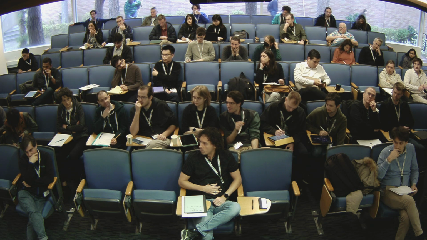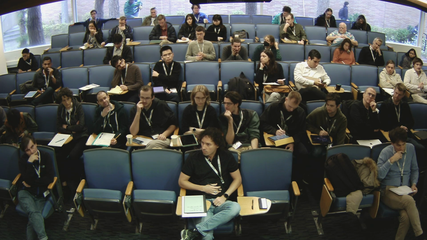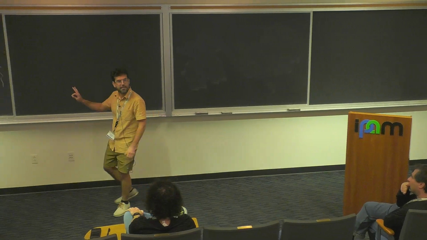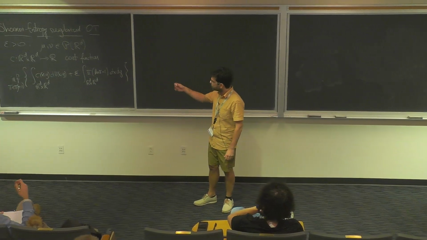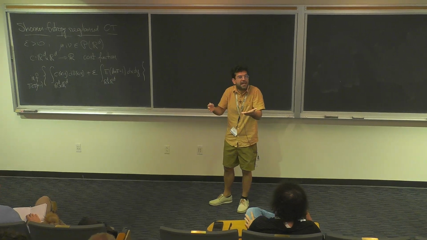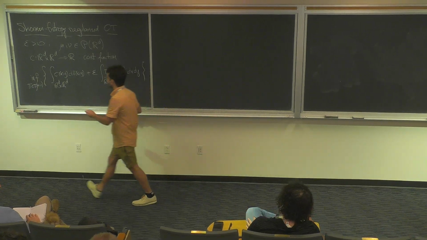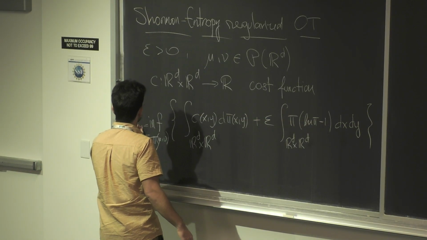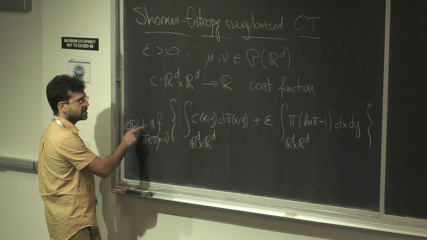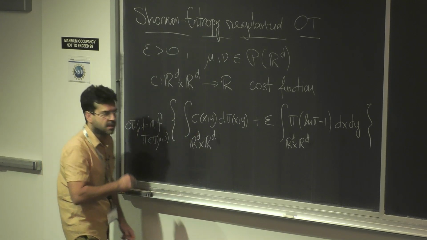So the idea is, let me repeat what you said. When epsilon equals 0, this is precisely a linear programming problem. So when epsilon is small, mathematically, let me try to state this, since we are getting to this. I have this problem here, OT epsilon. So I'm minimizing over pi, and this is now depending only on mu and nu.